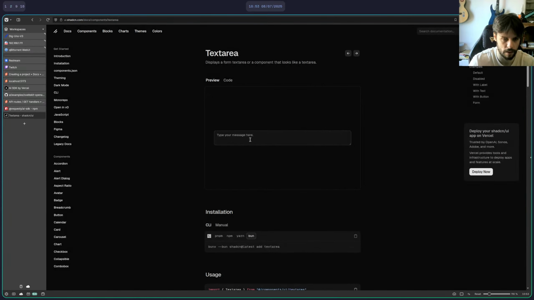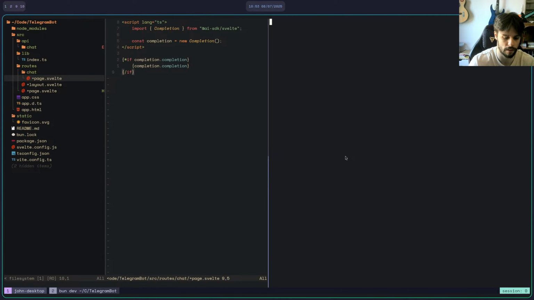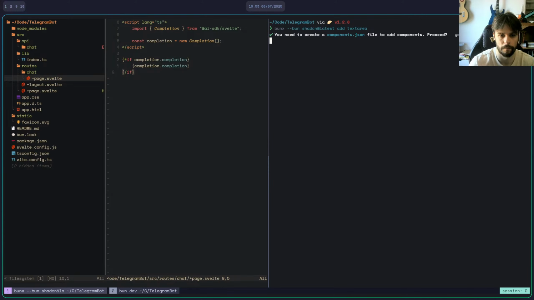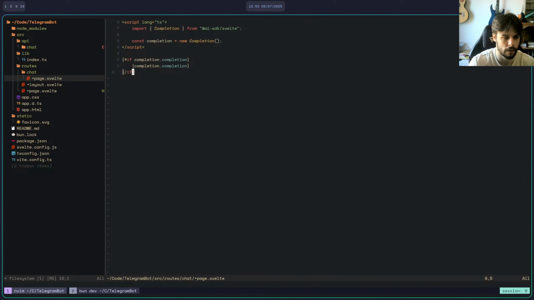Textarea, let's do that. What should I go for? Should I go for a neutral? Let's go for a slate. Textarea.